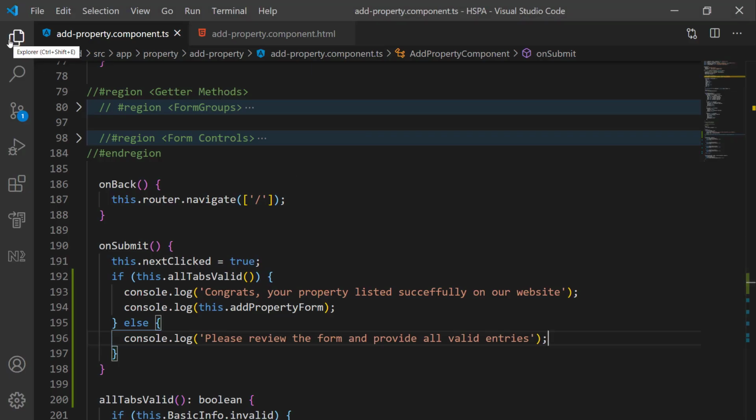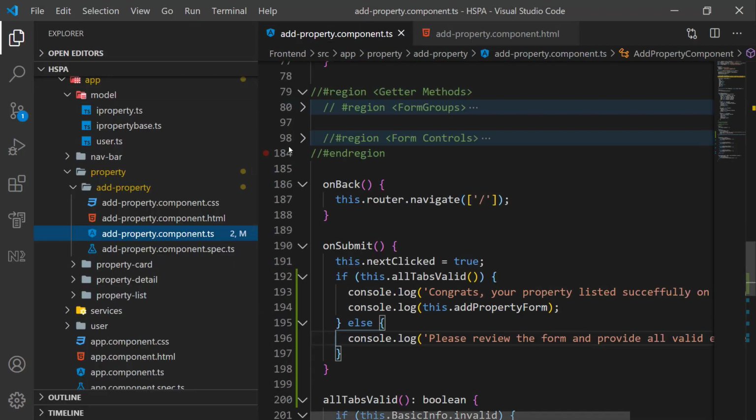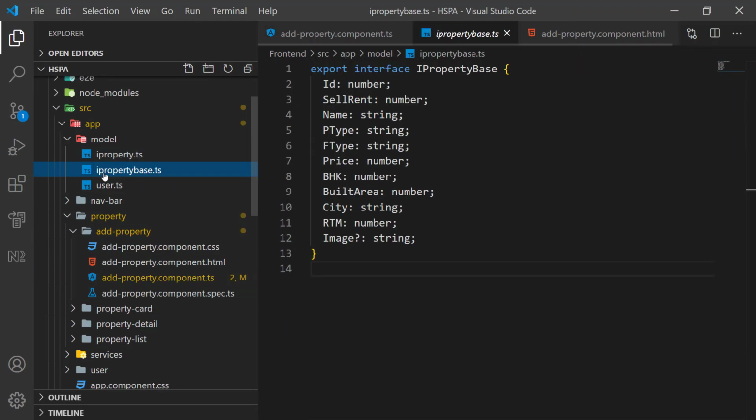If you remember, we had added this property based interface that contains minimum basic fields required to define a property in our application. But there are a lot of other fields we have taken in our add property form. This IProperty interface we had added in our previous video just to show you an example of how we can extend any existing interface and how we can make it a more and more specific version using the object-oriented way in TypeScript. We are not going to add more properties in this interface.